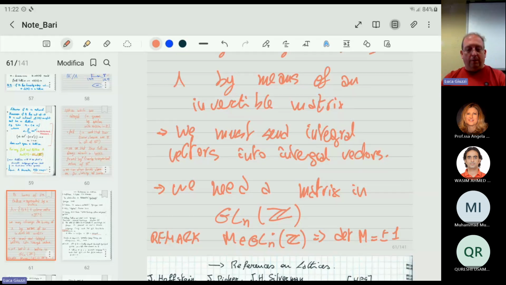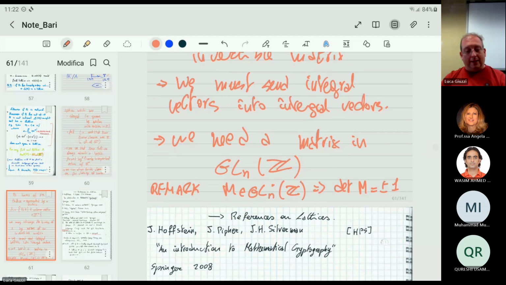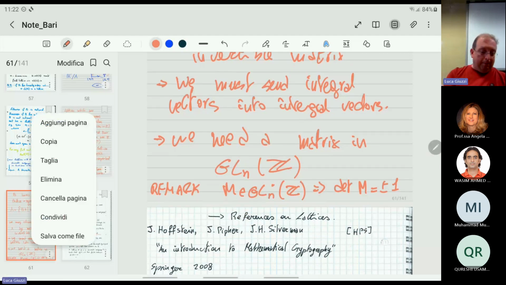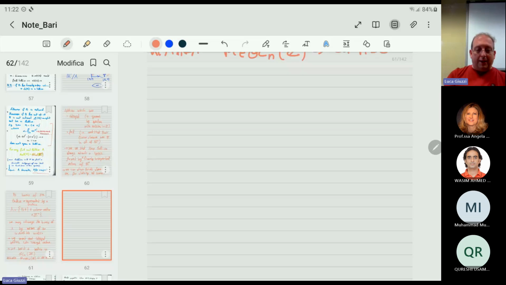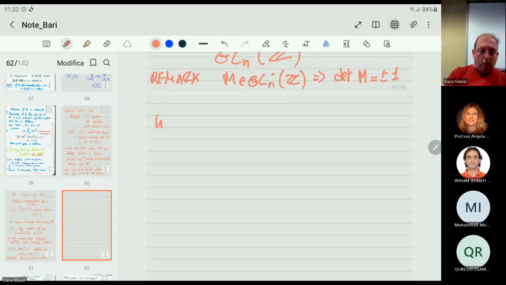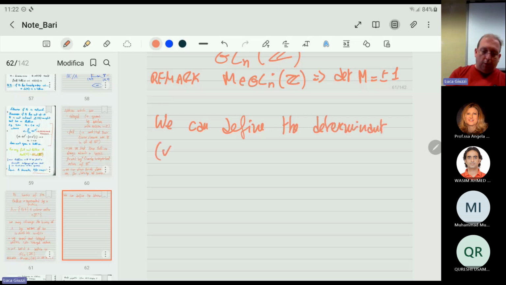So all of the elements of this group will have determinant plus 1 or minus 1. And this has an important consequence: we can define the determinant, which will be the volume of a lattice,